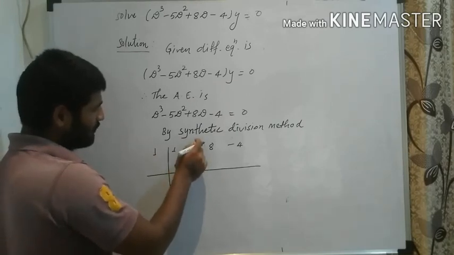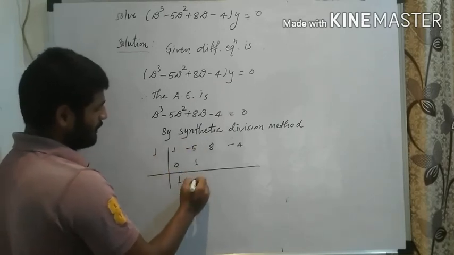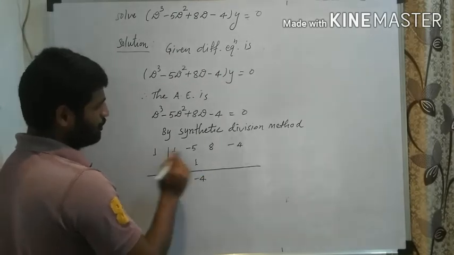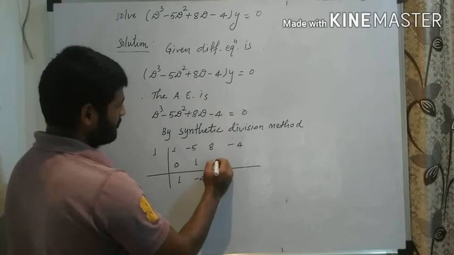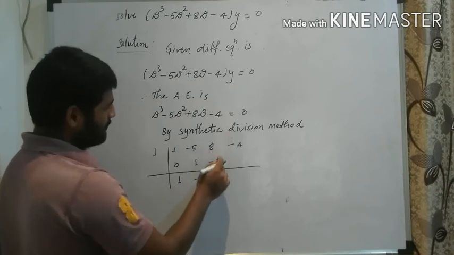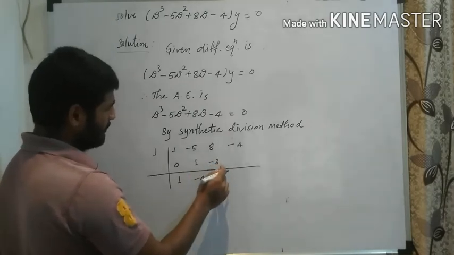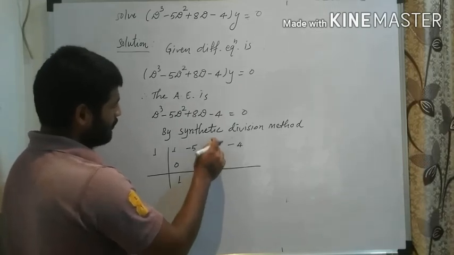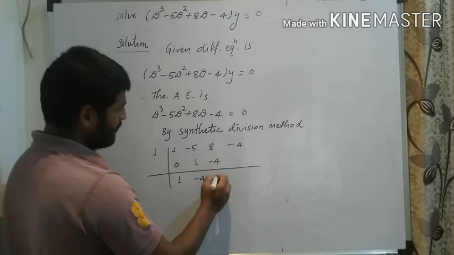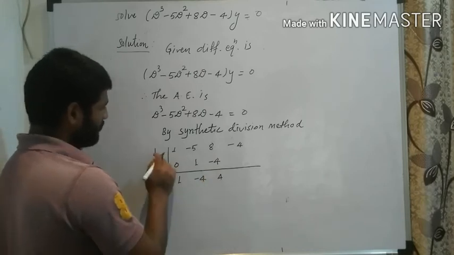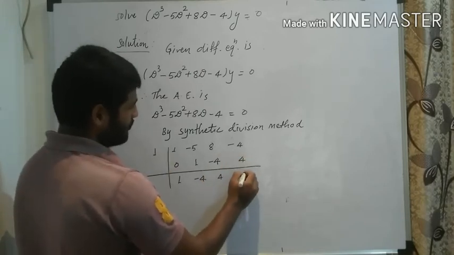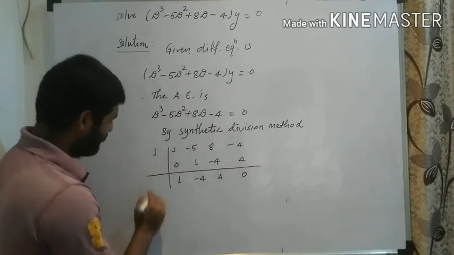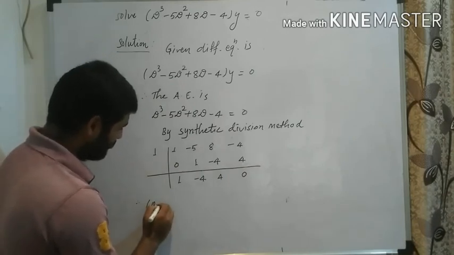Again vertical addition is minus 5 plus 1, that is minus 4, and cross multiplication minus 4 into 1 is minus 3. Again vertical addition is 8 minus 3, sorry, here minus 4 is here. Vertical addition 8 minus 4 is 4, and cross multiplication is 4. Vertical addition is 0. So therefore, as 1 is the first root, that means d minus 1 is the first